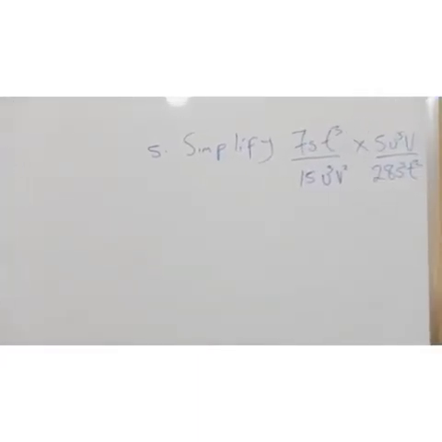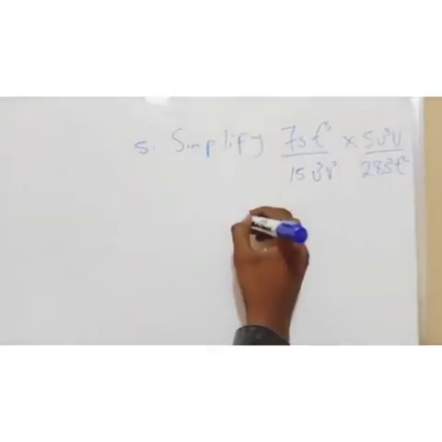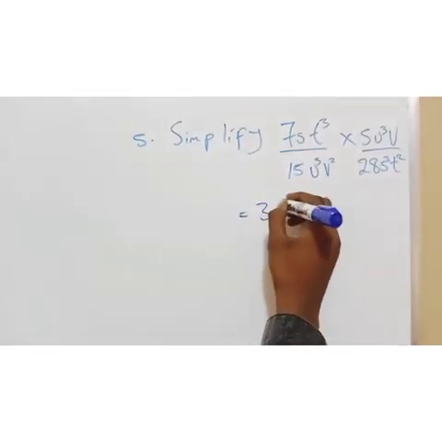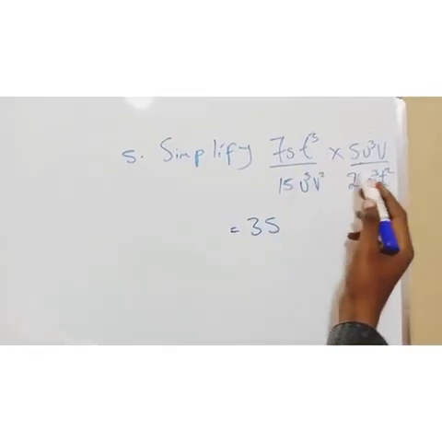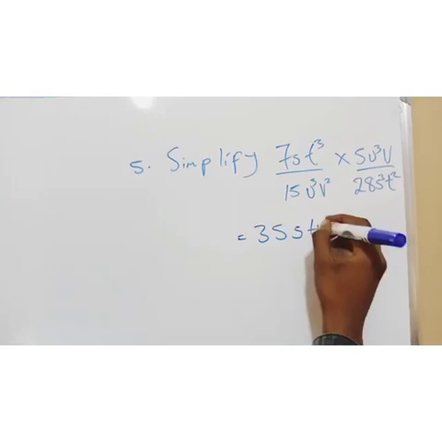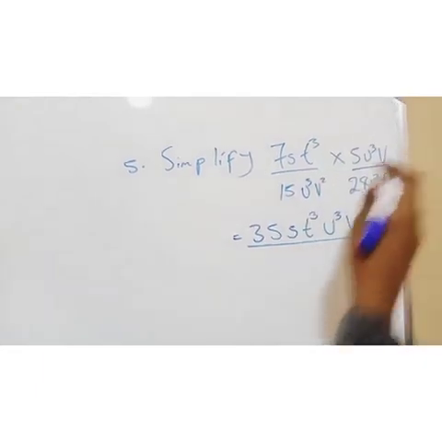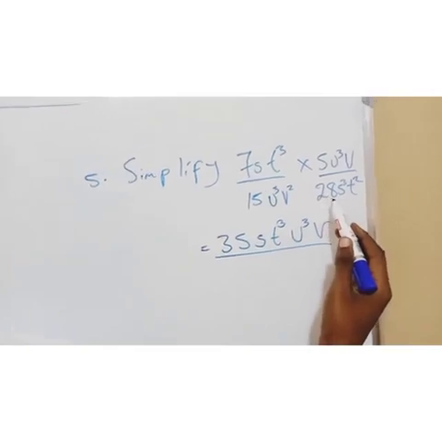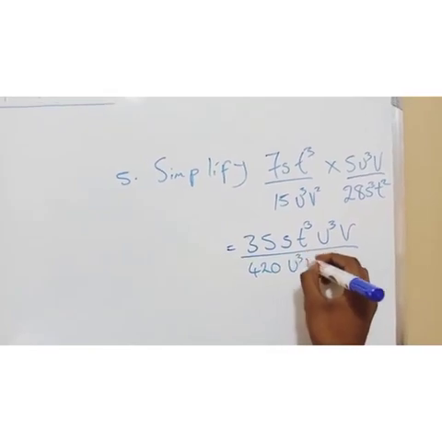That's our example 5. So this is just direct for us. I will just start. 7 times 35. 7 times 5 is 35. Now the key is to multiply the letters. I don't have any letters that are the same, so I'll just have s, t, u, v over. Then here I have 15 times 28. That will give me 420. Then I have u3v squared